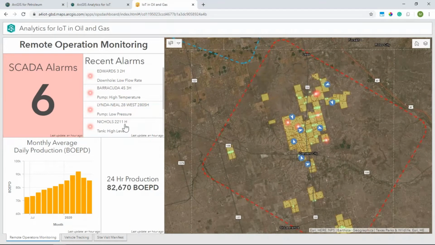Here, I've brought in SCADA data for alarms that are visualized as red dots on the map, as well as production metrics, which I've summarized to be monthly average daily production values. On my map, though, I can also see current vehicle locations being streamed into the map from our AVL solution. So combining all these different data sources and putting them into a similar type of operations dashboard can help to reduce transportation costs, improve worker safety, and then ultimately just make your operations more efficient. So let's look at how we can configure a feed for those vehicle tracks.